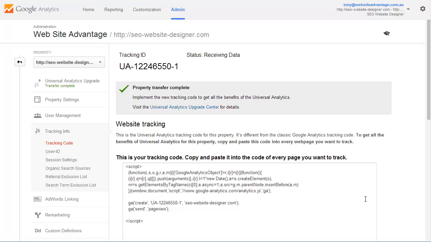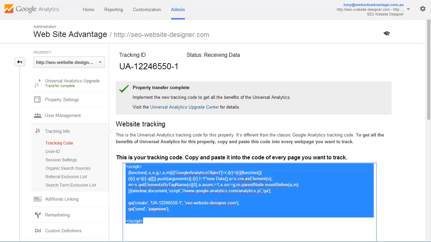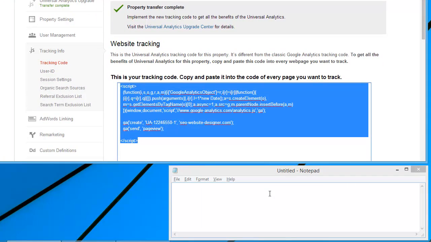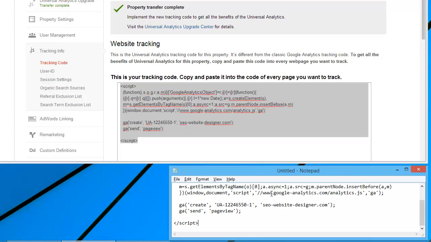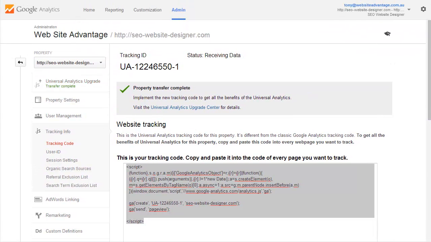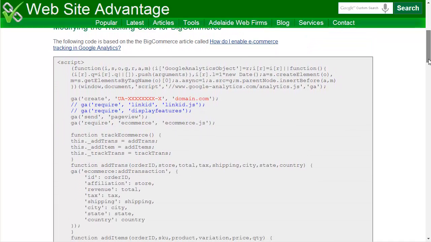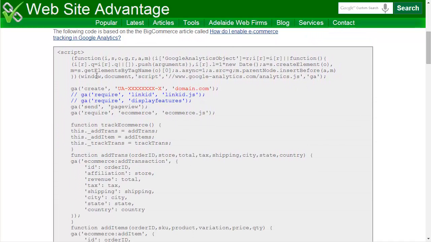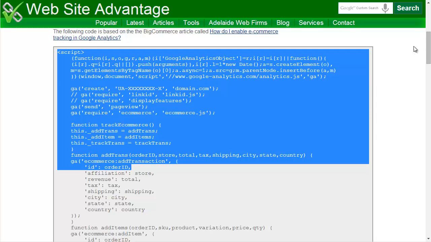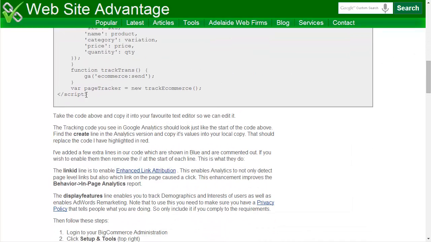At this point, copy this code into a text editor, like I'm going to use Notepad. The reason for this is so that we've got the information required when we're creating our own code, which is based on the similar code here. If we go back to my article, you will see that we have a different set of code created, which starts very similarly, and I've highlighted the bits that need editing. So if we copy this code for use later,